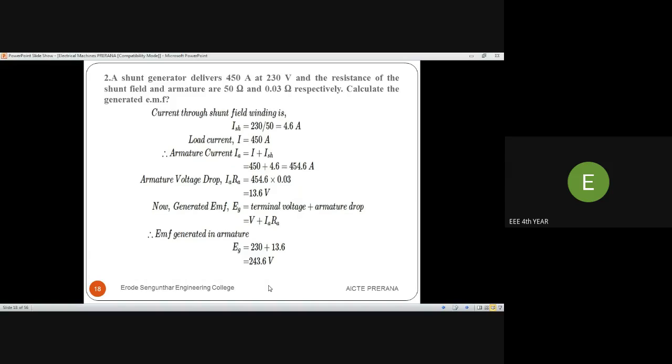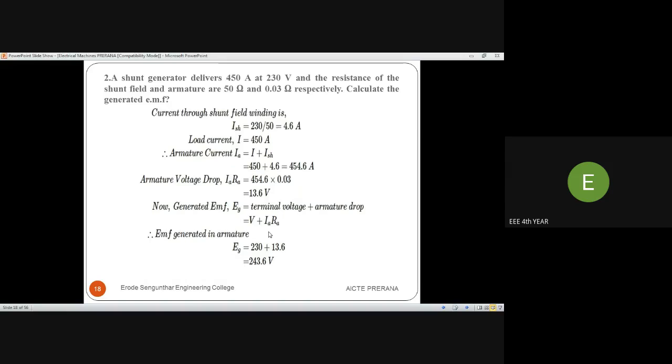And then the IA RA voltage drop we have to find out. 454.6 into 0.03, we get 13.6 voltage. Now the generated formula, EG equal to V plus IA into RA. Substitute these parameters: EG equal to 230 plus 13.6. Finally we get the generated EMF value, EG equal to 243.6 voltage. This is a simple problem. The only thing we have to remember is the formula and the circuit arrangement of various types of